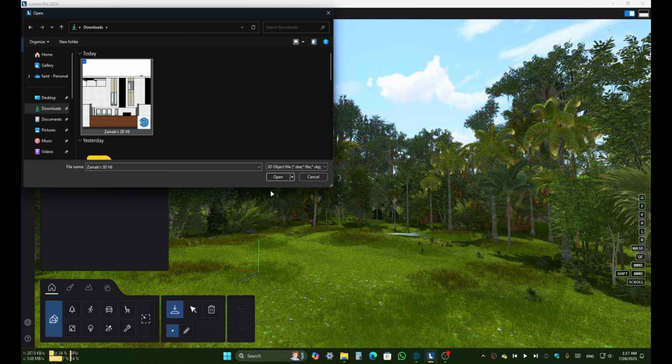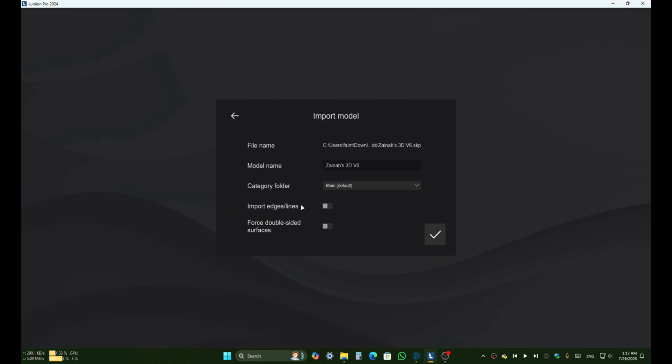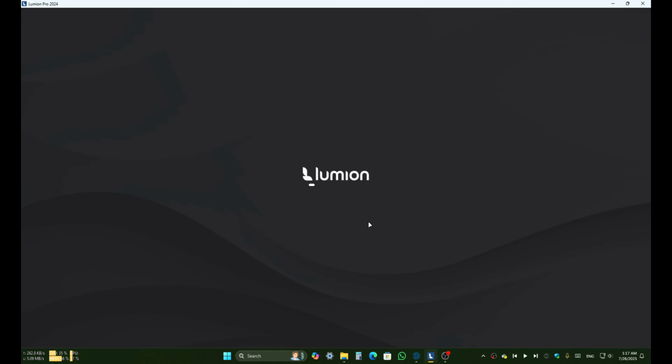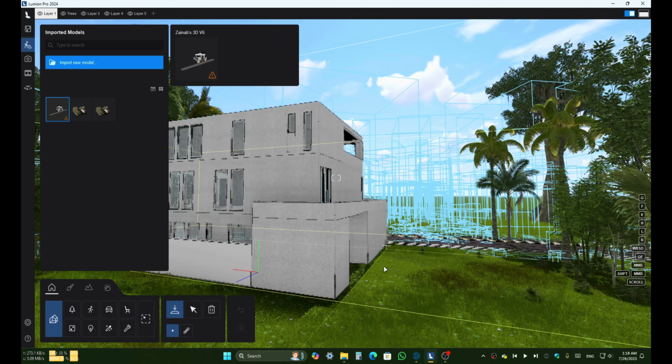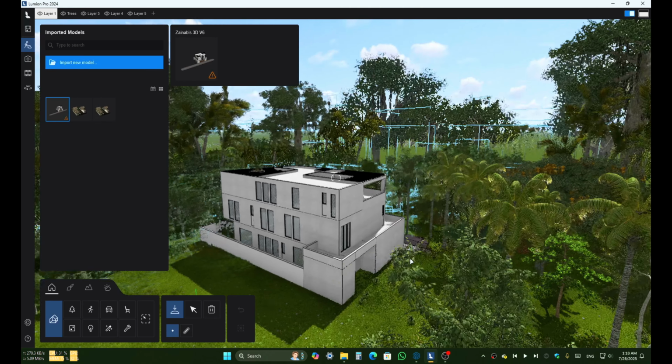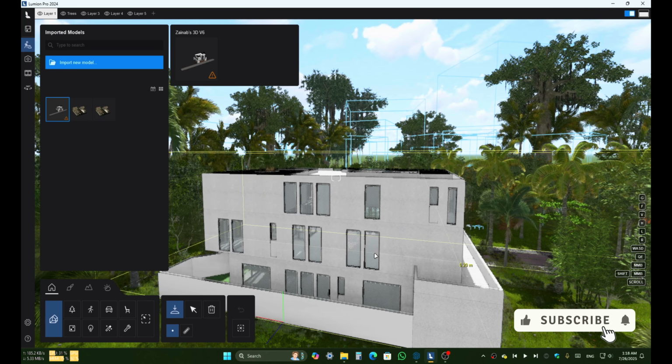Okay, let's go to download and click import. Now let's say you made a mistake and turn on the import edges or lines of your model. Let's just do that. Give it a time to import your model in your Lumion. So we have our model here, which is imported. Let's drop it